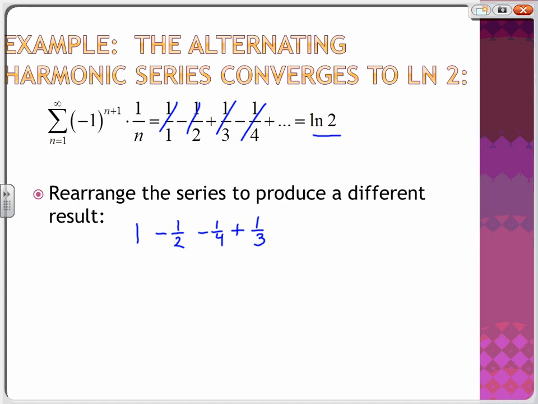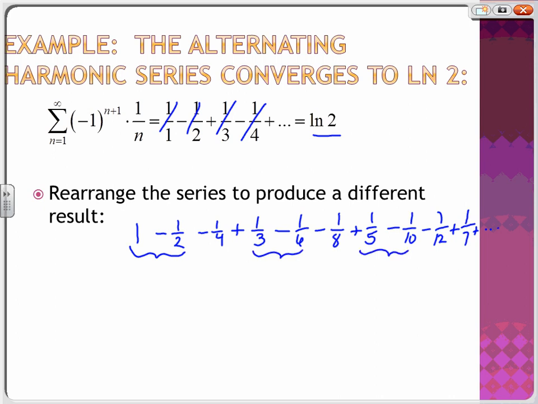Pull out the next two negatives. What would they be? The negatives are going to be the evens, right? So minus 1/6 minus 1/8, and then what am I going to be left with? The next plus 1/5 minus 1/10 minus 1/12 plus 1/7, etc. Right? So all I did was rearrange. Okay. Then I'm going to group those,